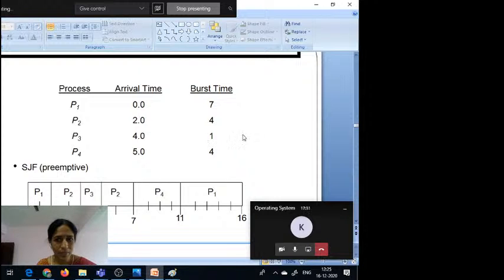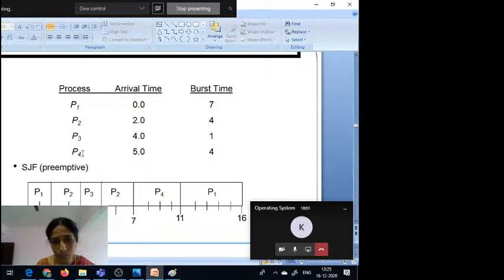So its burst time is 0. That means only 1 millisecond is its burst time. Now it comes out of the CPU as well as it is deleted from the ready queue also. And after that, at 5th millisecond, P4 process is entered. That means at 5th millisecond, P4 process enters into the ready queue, but is not assigned into the CPU, because here we compare all the burst